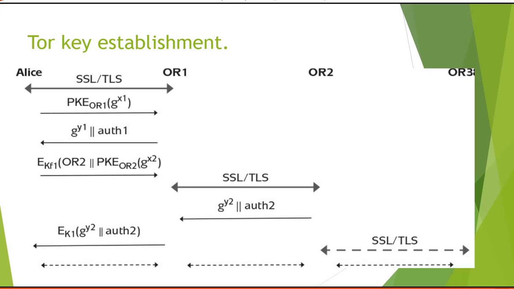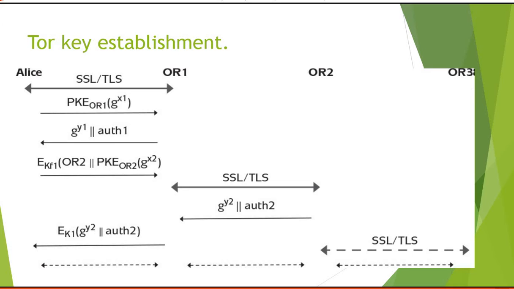So if Alice wants to transfer data to a web server, she is going to store the data with the web server, or if she is retrieving the data, how will the Tor tool be used there? It will make use of onion routers, three onion routers will be used. Alice will have the secret keys, symmetric keys, which are session keys individually shared between Alice and onion router 1, onion router 2, and onion router 3.